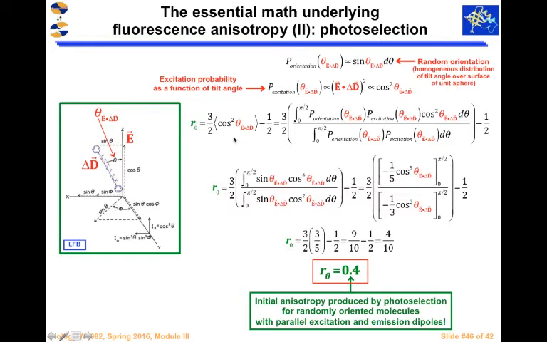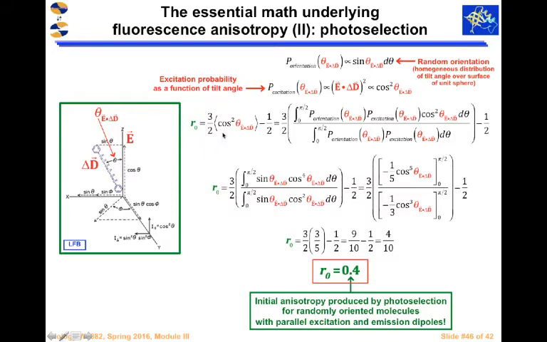And so if we know the distribution of the transition dipole moment orientations, we can directly calculate the steady state anisotropy. We can calculate the expectation value of the anisotropy if we know the distribution of the orientations of the transition